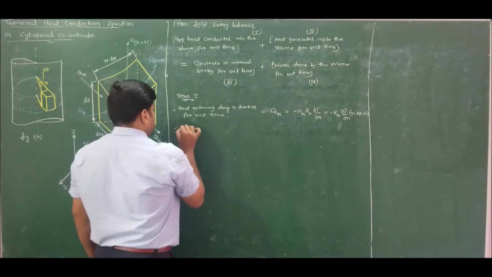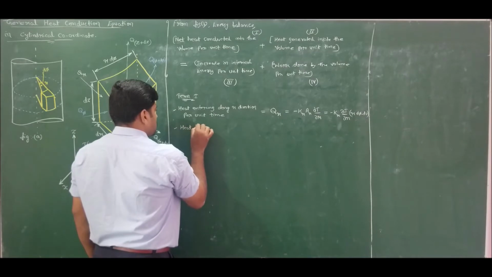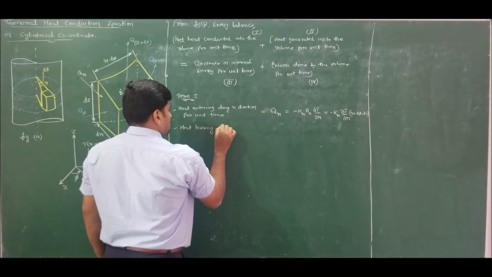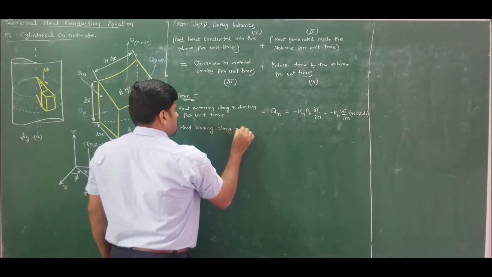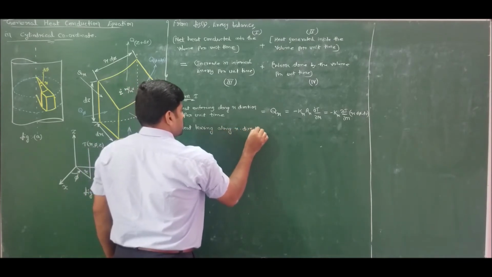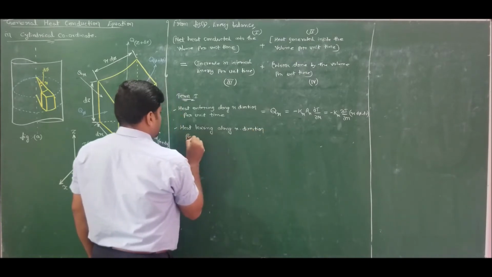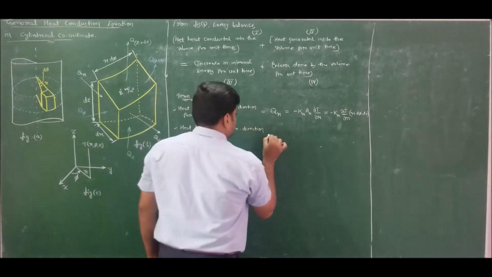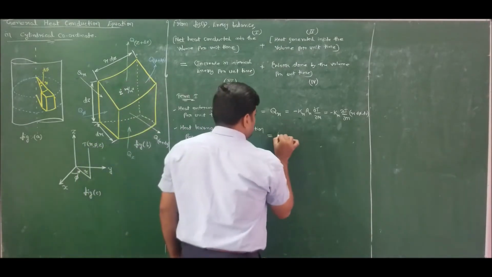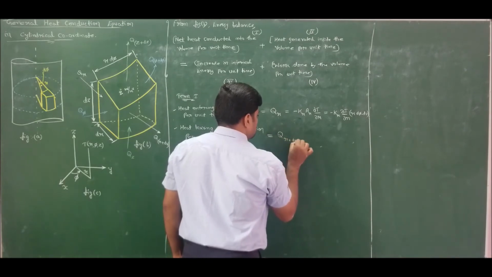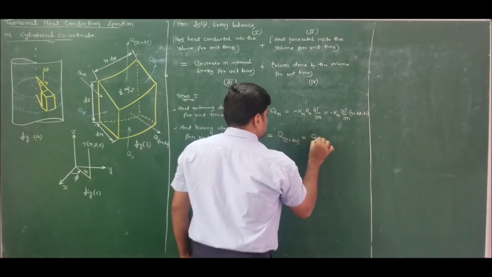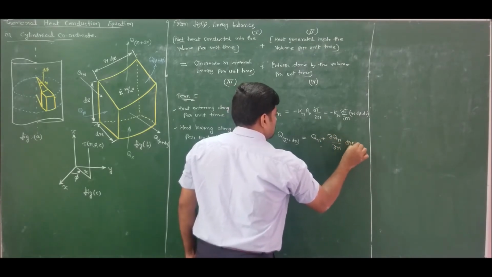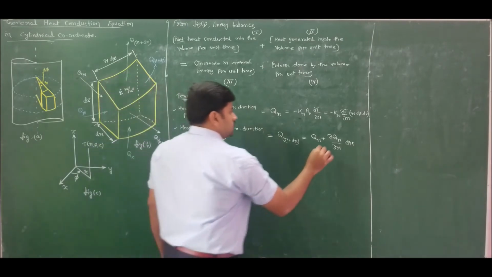So now heat leaving along R direction per unit time is taken as Q R plus dr, which can be written as Q R plus dou Q R by dou R dr. This you people already know. So therefore